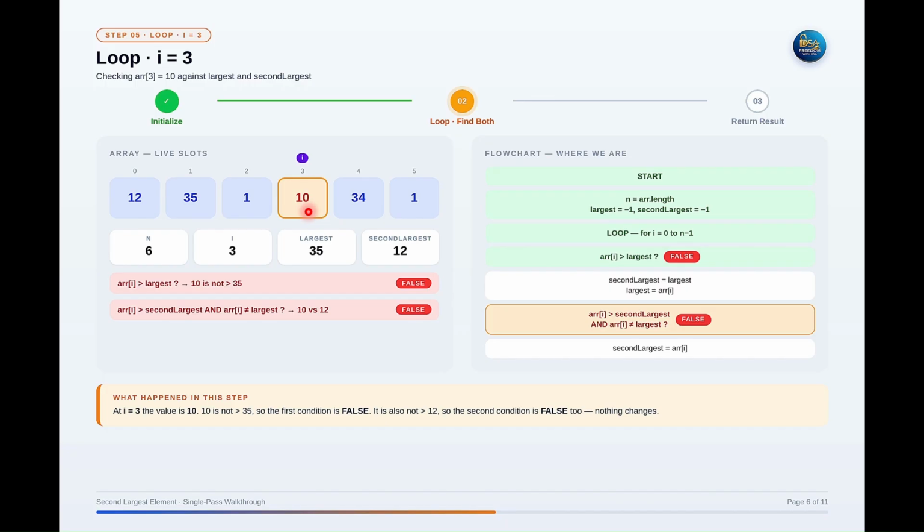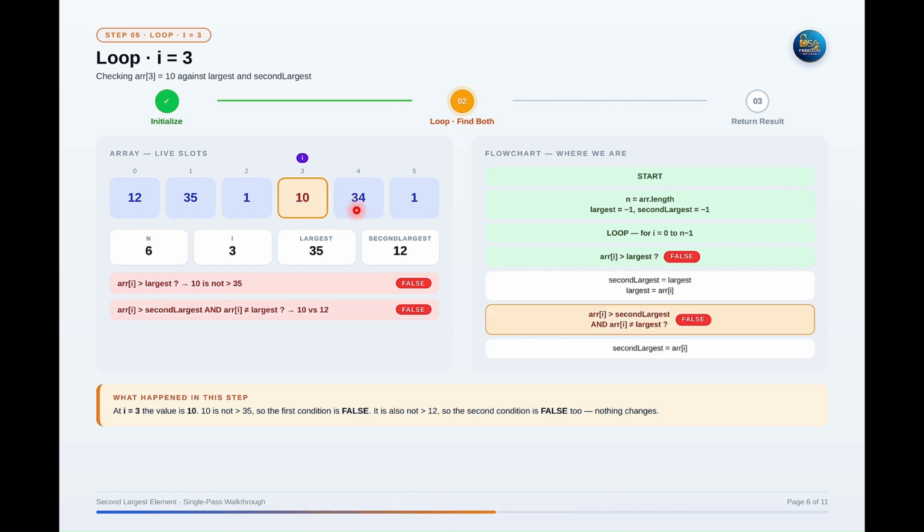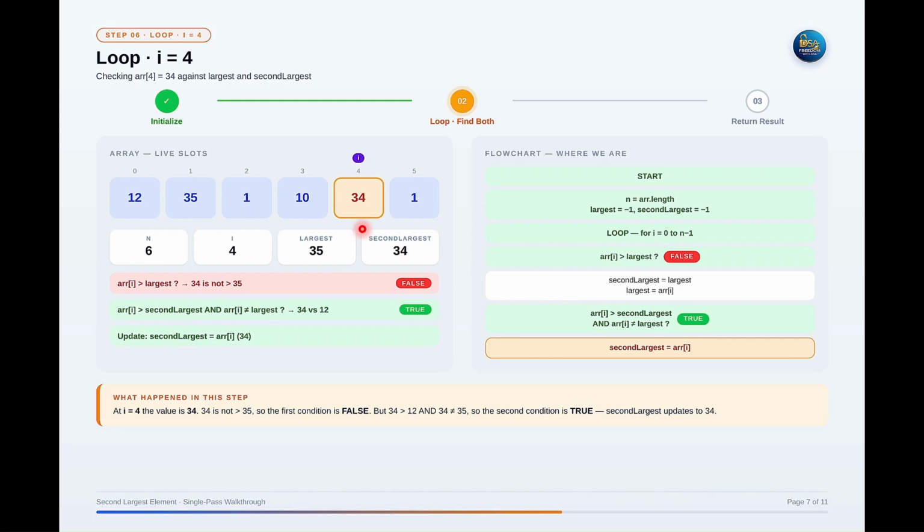As we move forward at I is equals to 4, here you can observe 34 in the previous iteration at index I is equals to 3, there is no updation. But as we move forward, if you observe ARR of 4 means 34 is greater than 35? Sorry, 34 is not greater than 35. First condition becomes false. The index I is equals to 4. But if you check the second condition, 34 is not greater than 35, but